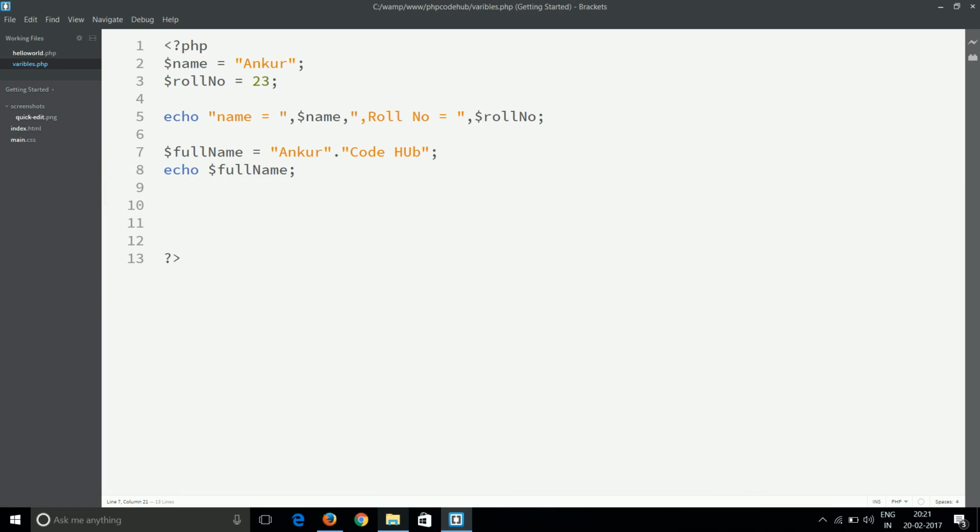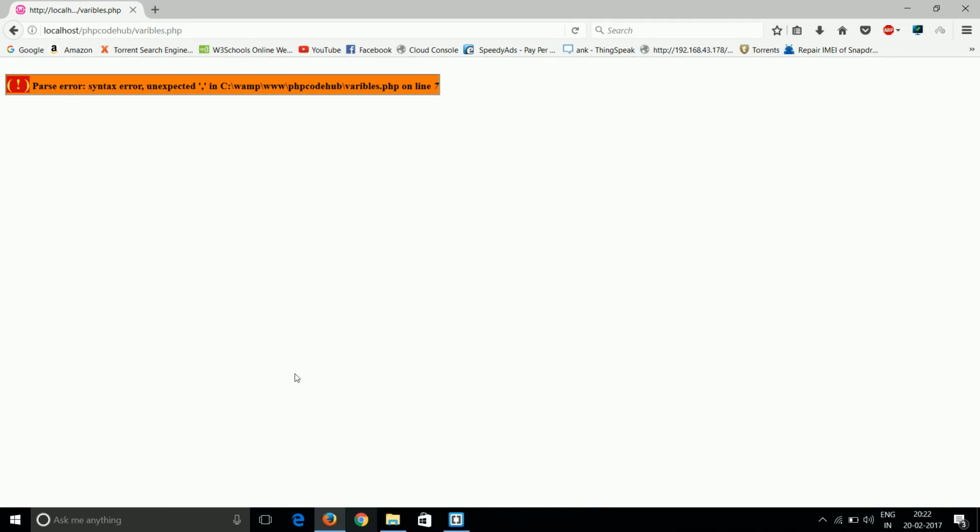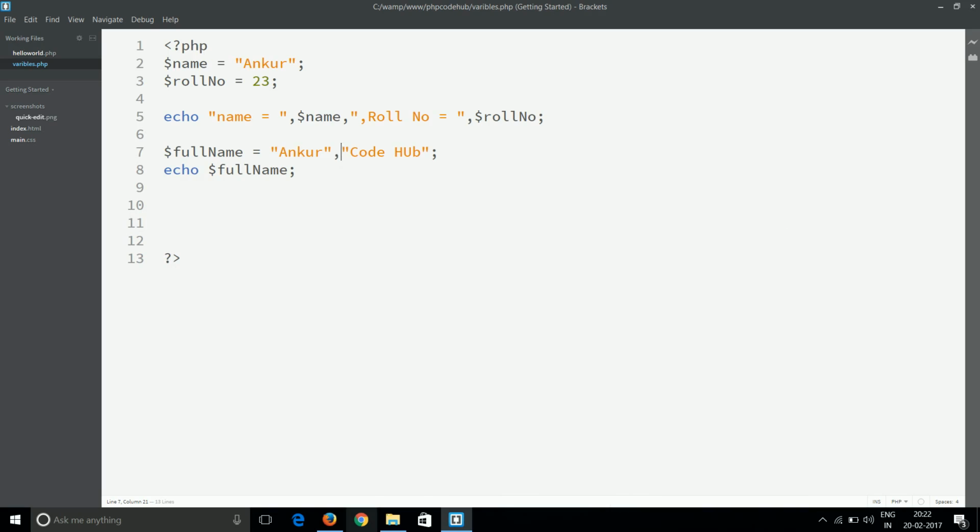Now in this case, if we use the comma, then let's see here, it will give an error. So the difference between dot and comma is that comma is just used to combine the two strings in output, but we cannot use it to concatenate two different strings.